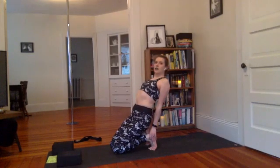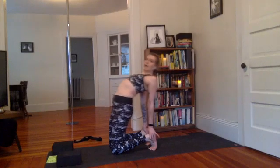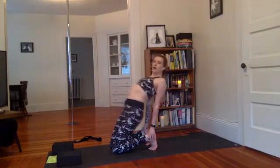From here, we're going to press into the hands, lift the butt off the knee or the heels, and slowly just lift the butt a little higher, maybe a little higher, maybe a little higher. And if we come down, we're slowly going to lower both hips at the same time and then remove the